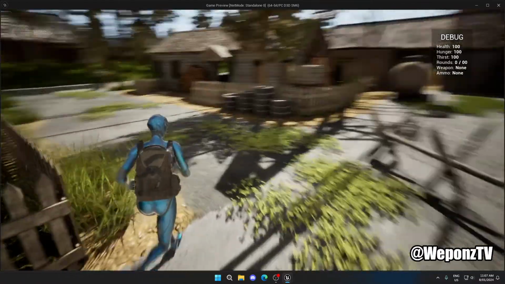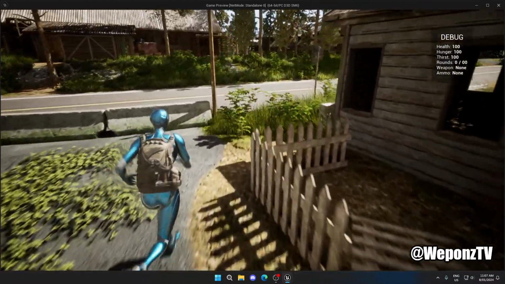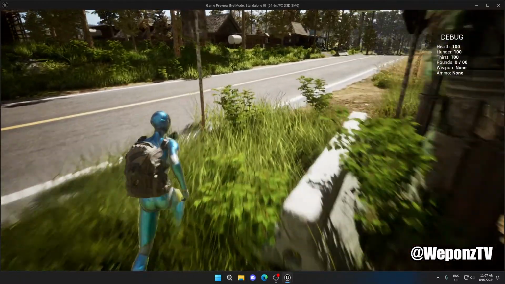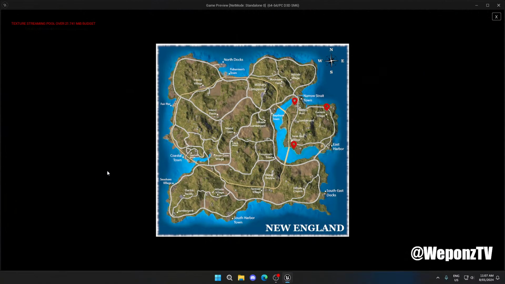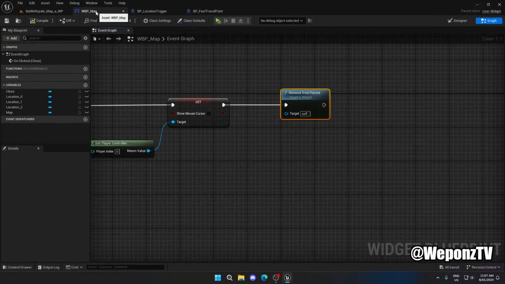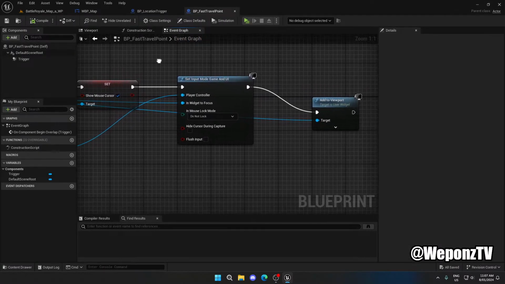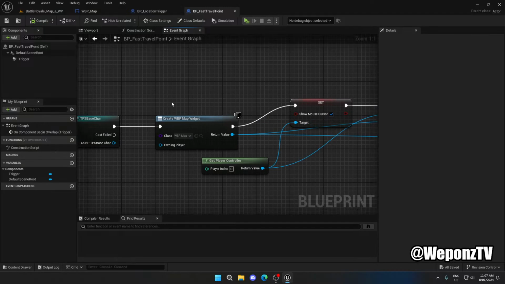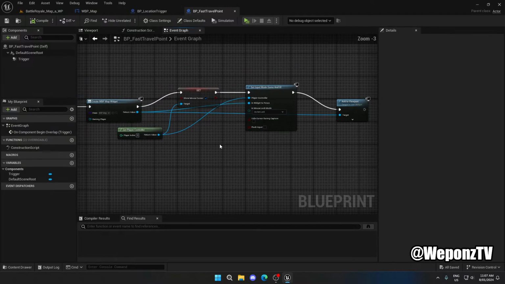But anyway, let's go check out this travel system here. This should be good now. I should stop moving. Yes, I can still move, which is good. It just keeps showing. Alright, so I know how to fix that. We just got to make sure that when we show it, we got to remove it. So what we got to do is